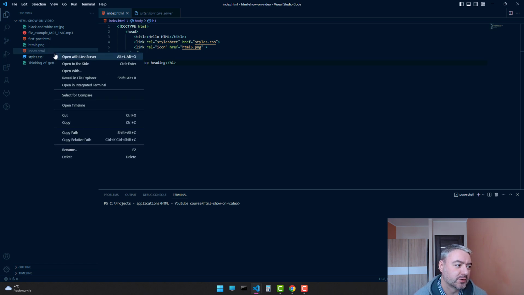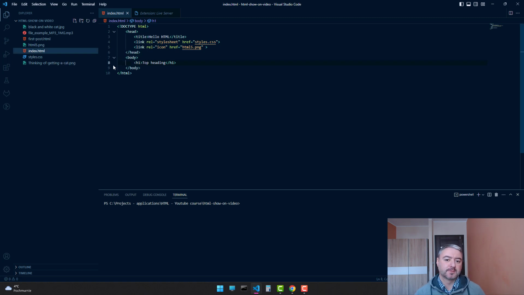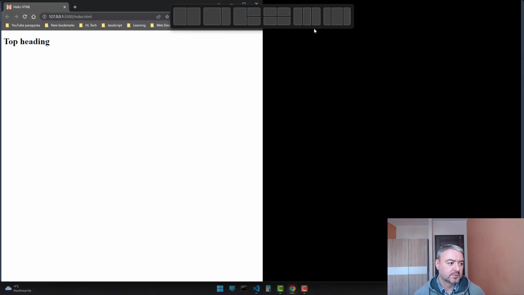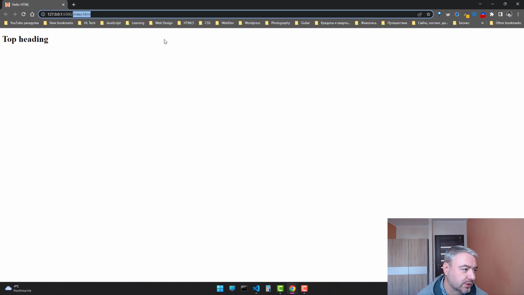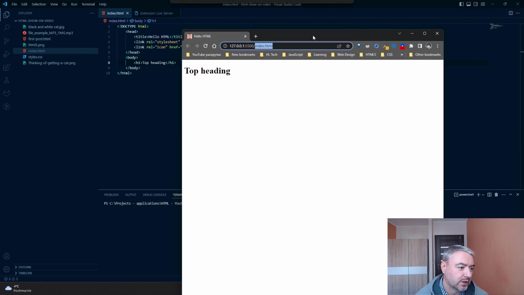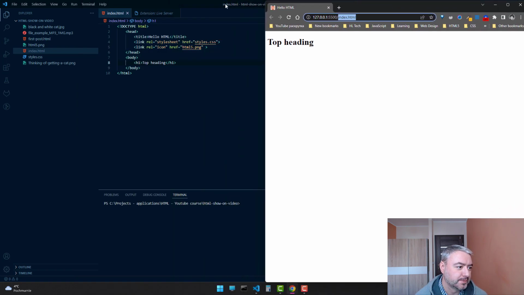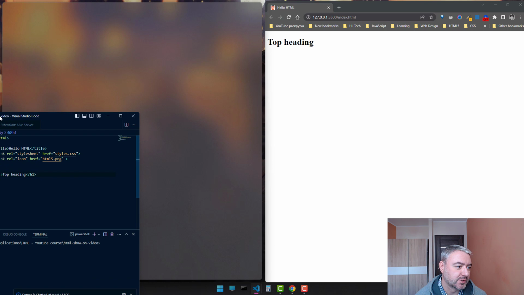Alright, so let's check how it works with this right click and selecting Open with Live Server. Okay, so now the server is running. As you see, here we have some IP and port, and here it is our index.html, and now we can try to edit something in our project,